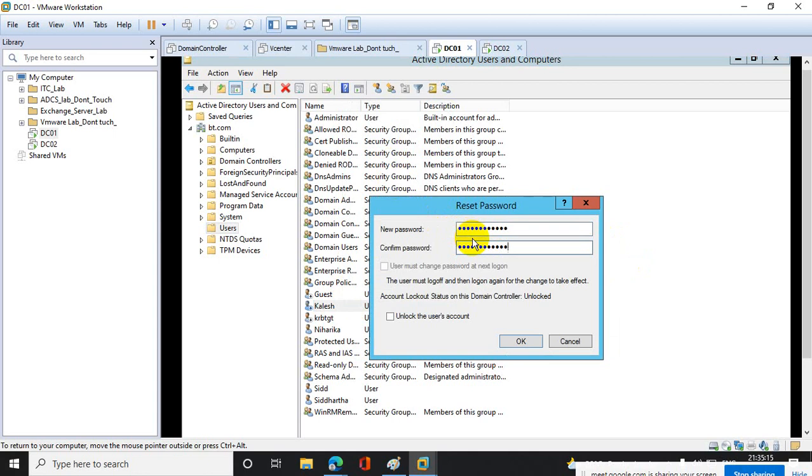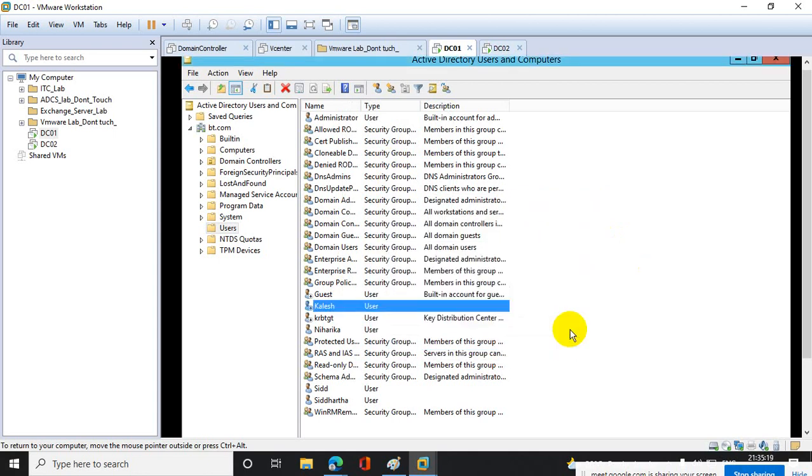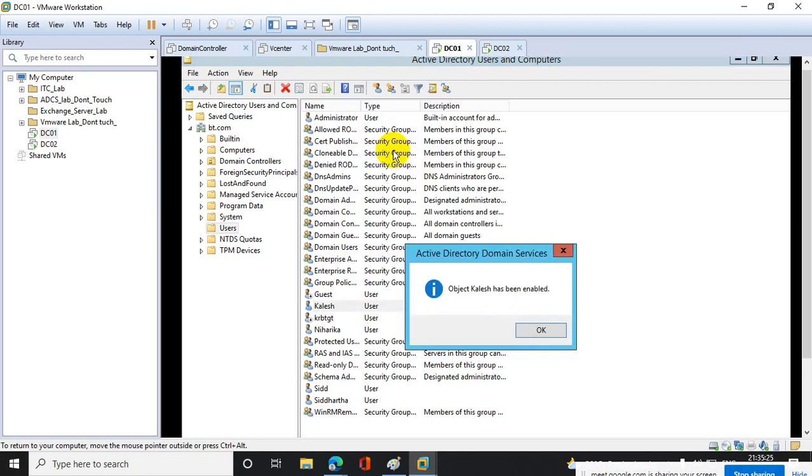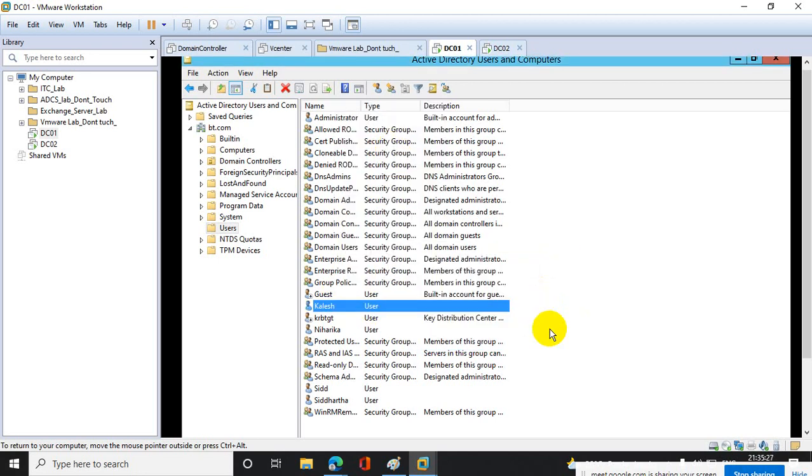Clear? Reset the password first. Once you've done this, then you have options to enable this account. Now Kalesha has been successfully restored in default users.